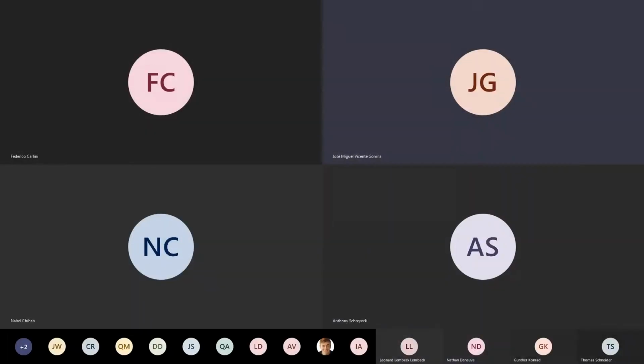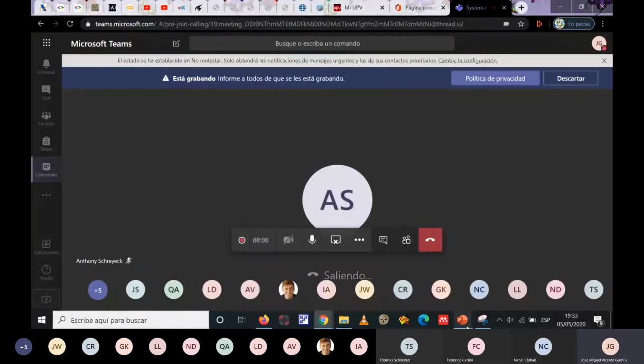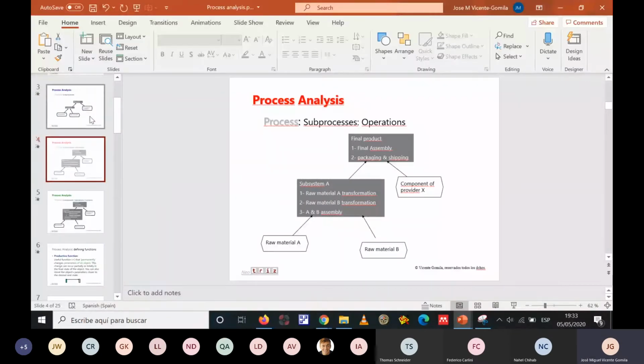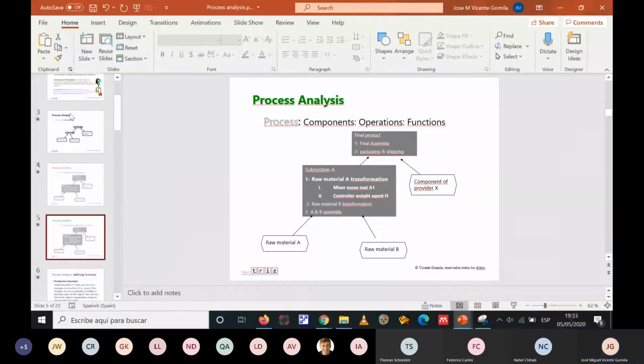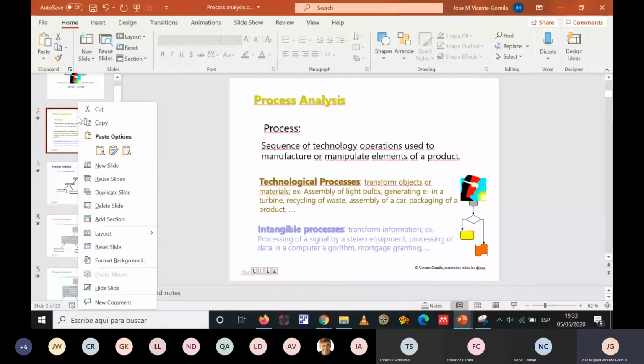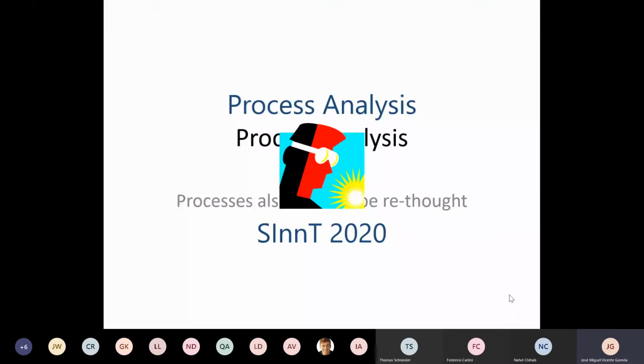Okay, it's recording, and now I will share my screen. Okay, so let me show. I think it's yes, I share it. Okay, then I will hide slides. So we go back, hide slides, and that's it. Okay, so we will revisit yesterday's process analysis,